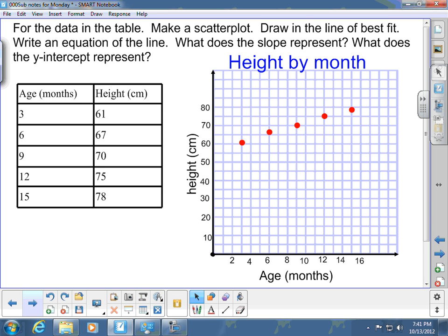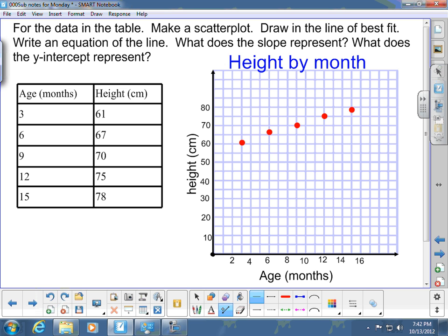Hopefully your graph looks something like mine. Notice that I have age and height labeled, and there's also a title at the top. Now that the dots are graphed, we want to connect them, or we want to make a line of best fit. We don't want to connect the dots like a dot to dot. We want to make one line that goes all through the dots and hopefully hits a few of them,